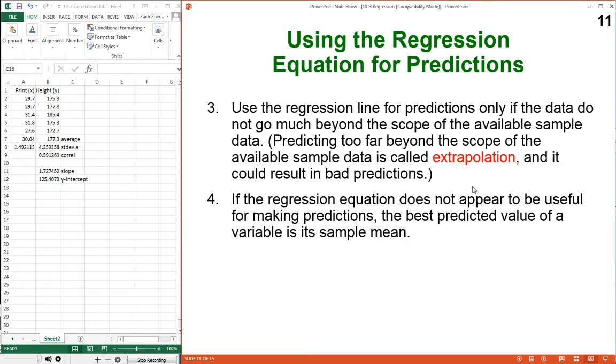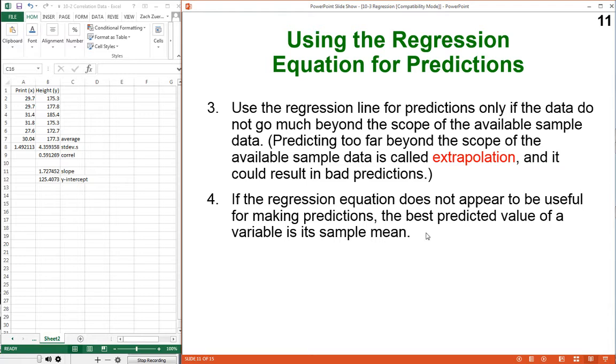Use the regression line for predictions only if the data do not go much beyond the scope of the available sample data. In other words, you don't want to do too much extrapolation. You want to use predictions only for values within the data set, and I'll explain this when we go through our second example. If the regression equation does not appear to be useful, then the best we can do is